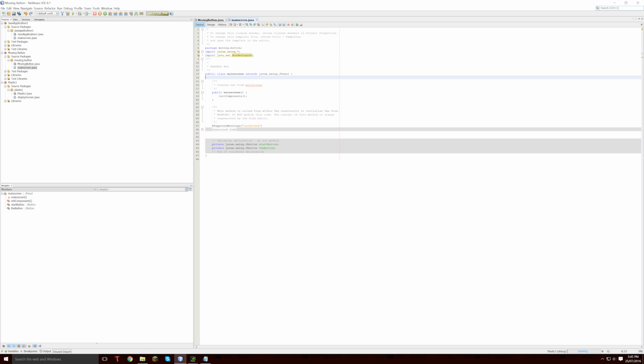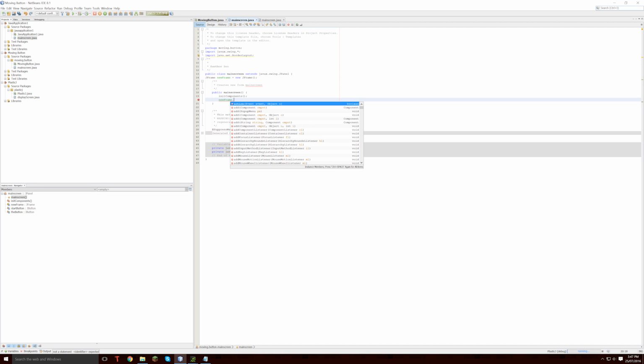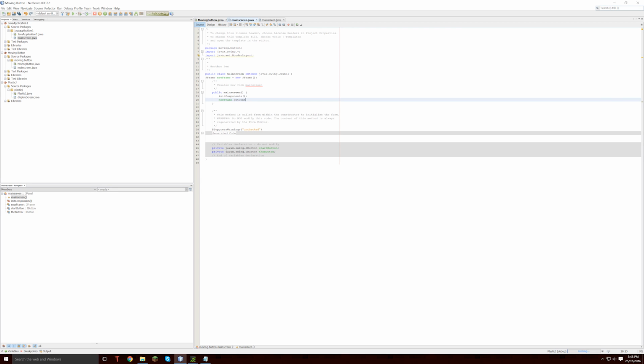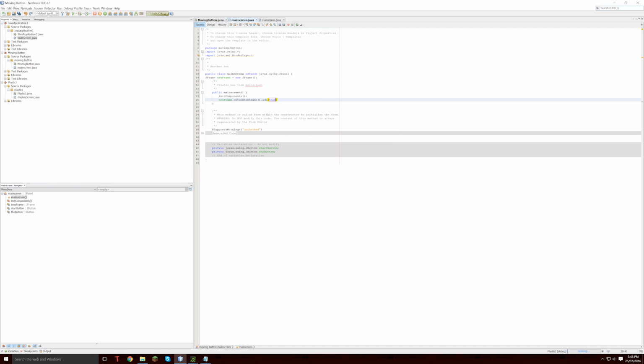Now the next thing we're going to do, under the public class, we're going to need to make a new JFrame. So JFrame with capital J, capital F, JFrame new frame equals new JFrame, like that. Okay guys, what we're going to do next is type in new frame under init components dot get content pane dot add this, BorderLayout dot center,